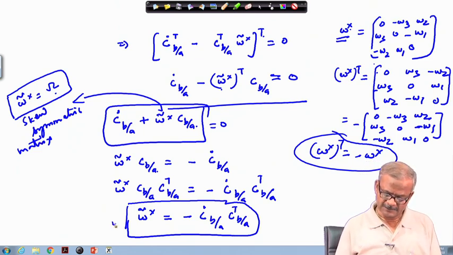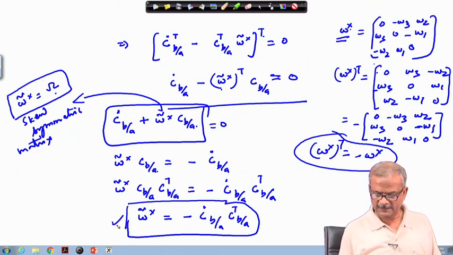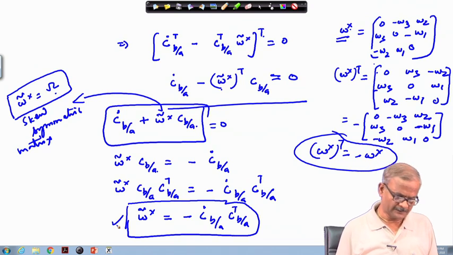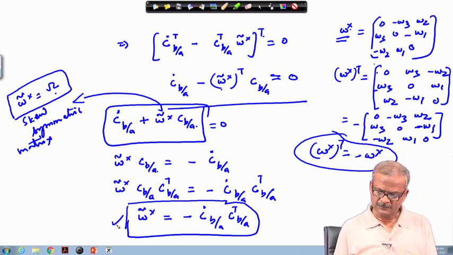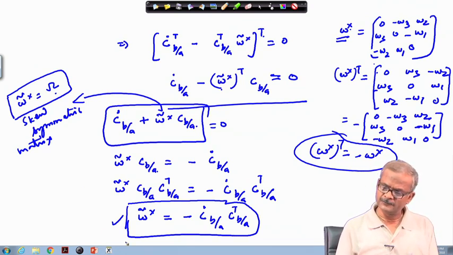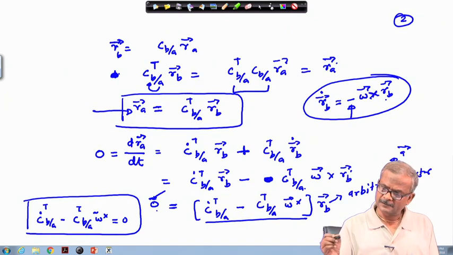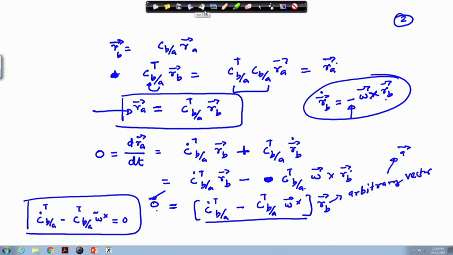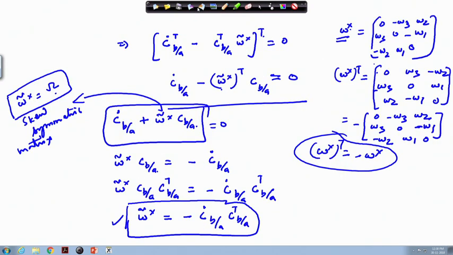Okay, and this relation is very useful while working with the attitude kinematics. The same thing can be worked out using the vectrix notation that we developed earlier. Perhaps in the very first lecture we discussed the vectrix, but we are not going to work using that because the time is limited.